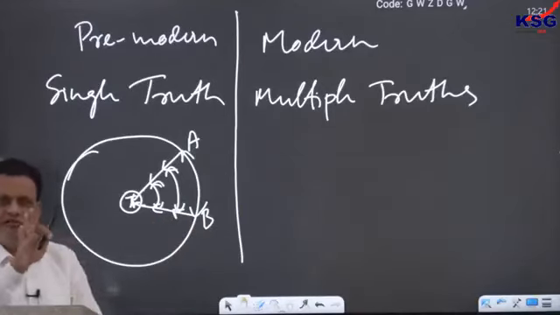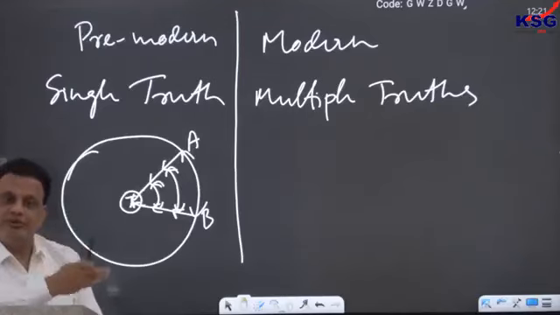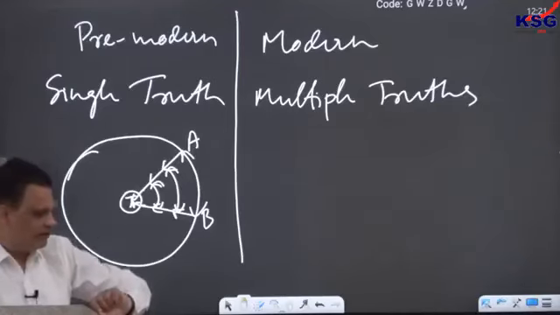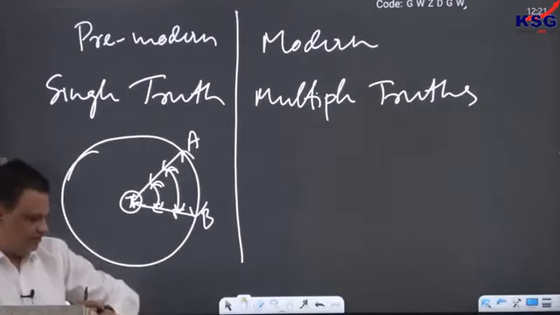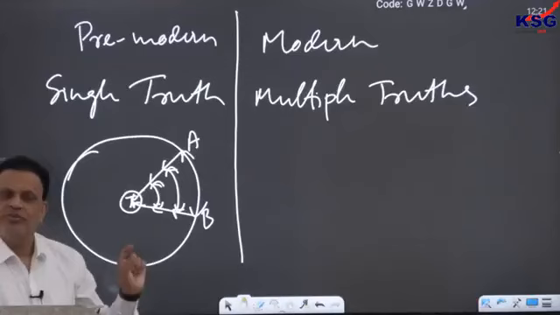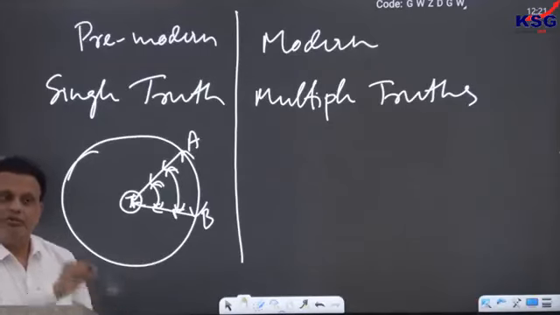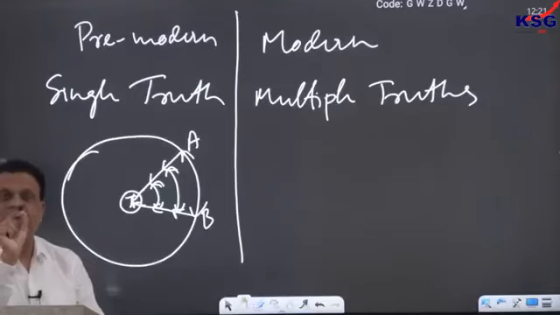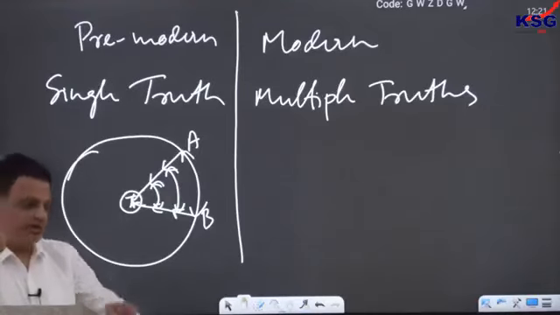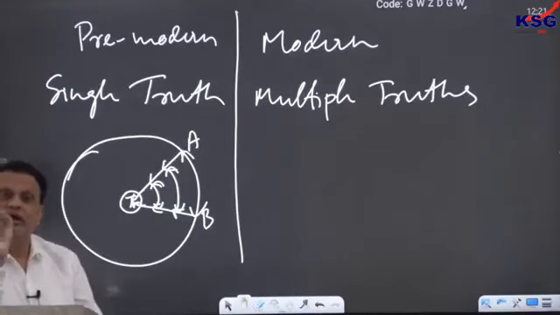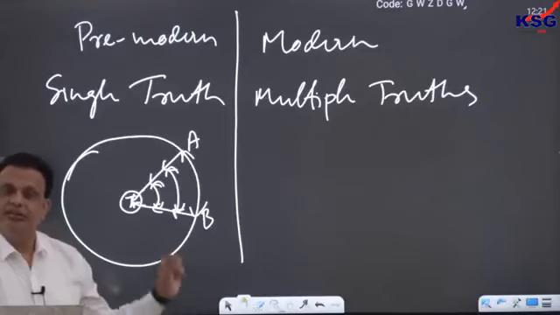I hope some of you may have figured him out. He was Mahavir, 24th Tirthankar of the Jains. Those of you who are aware of Jainism a little, one of the fundamental principles of Jainism is what we call Anekantavad. Now, what is Anekantavad? Anekantavad simply says that there are multiple truths.